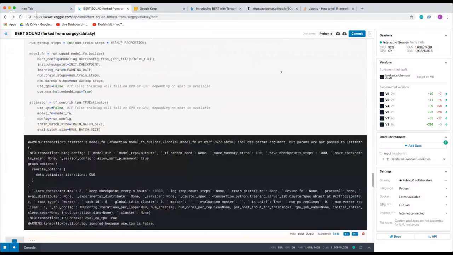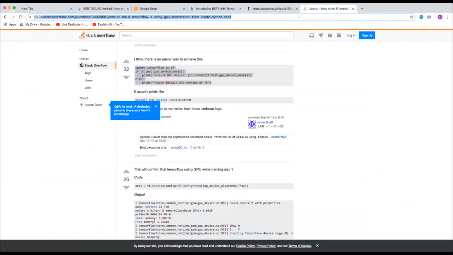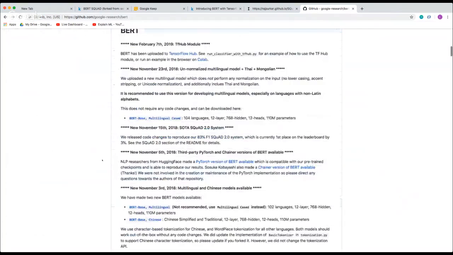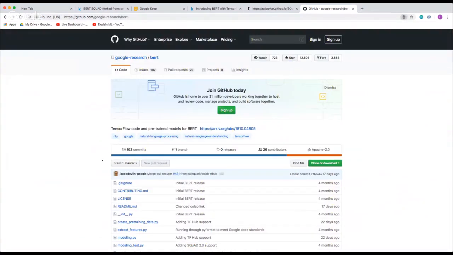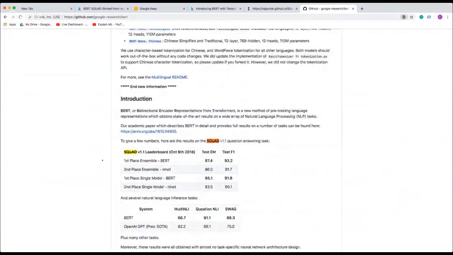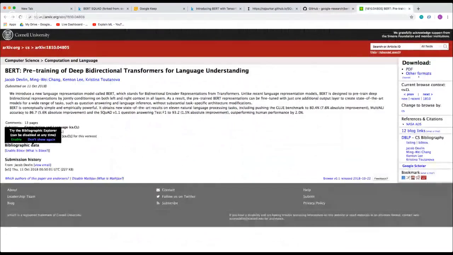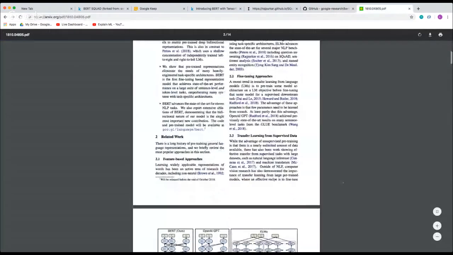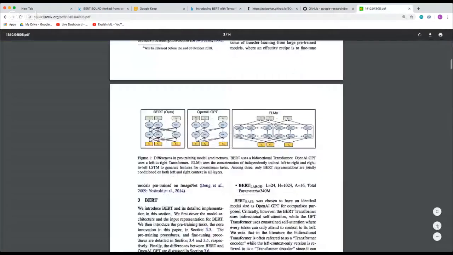Can we go to the BERT GitHub page where they talk about Squad? Yeah, so it's question answering data. We can just go to the paper. Yeah, exactly. The Stanford Question Answering Dataset, Squad. If we go to the paper, I think the paper does a really good job of formulating the problem